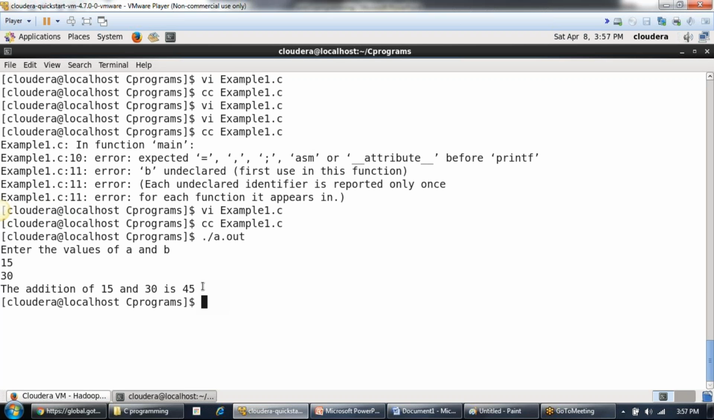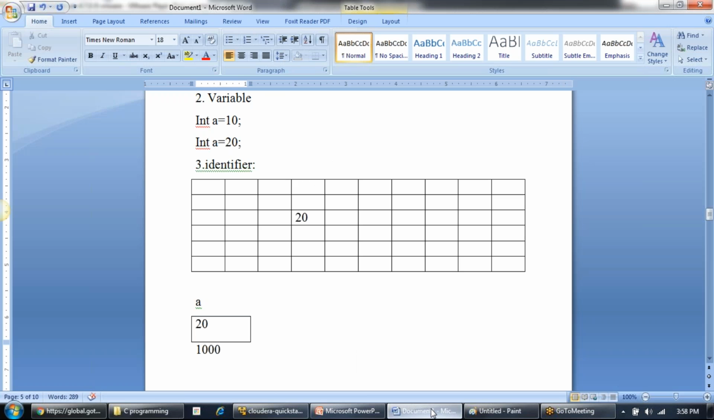I hope a single program is better for you to understand, and then go through writing a number of programs and understand much better. So this is about the structure of a C program, followed by how to write a C program. I hope I made it